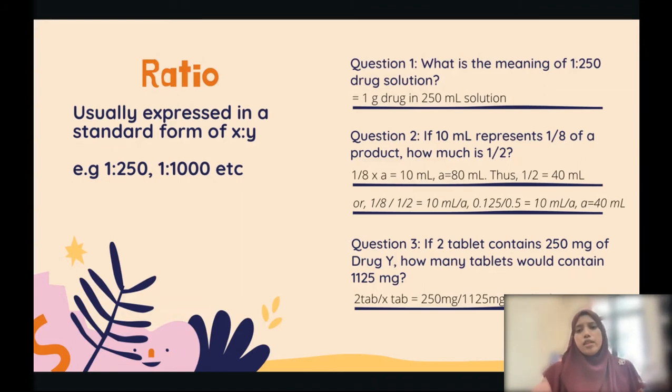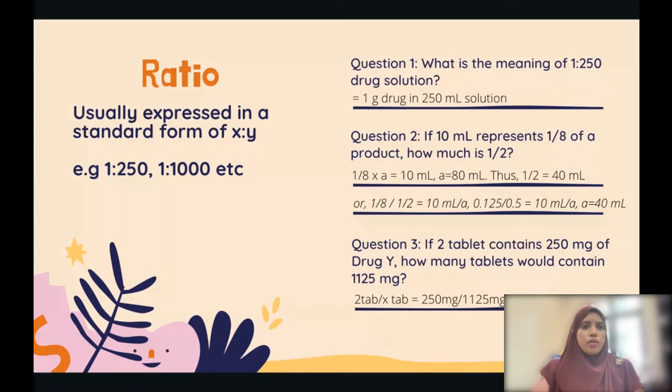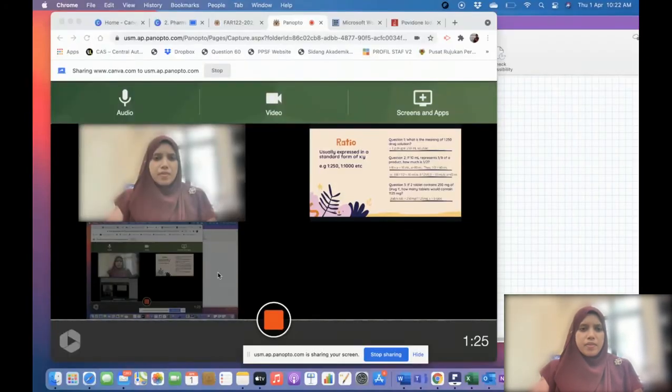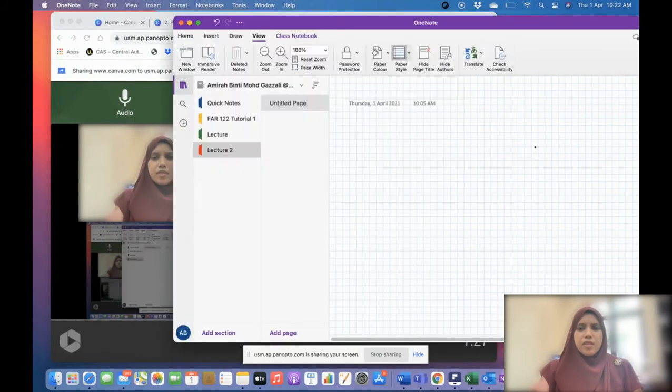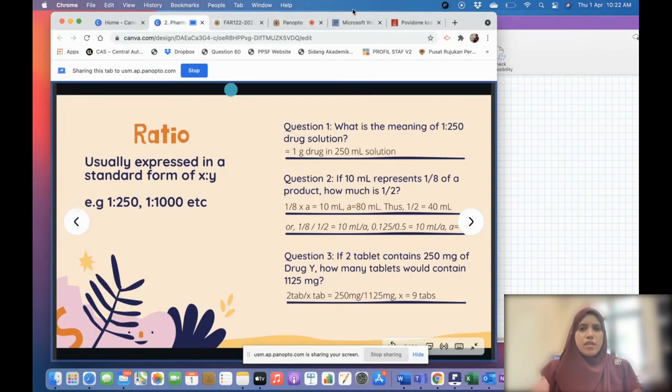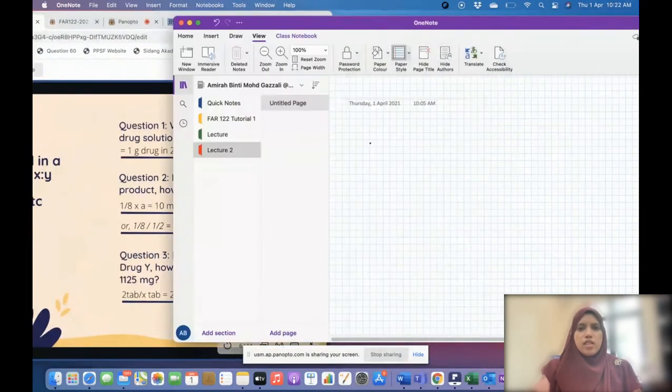If 2 tablets contain 250 mg of drug Y, how many tablets would contain 1125 mg? So if you see here, 2 tabs over x tab will equal to 250 over 1125, x equal to 9 tablet. So let me show you. Okay, so if we are going to make this calculation,